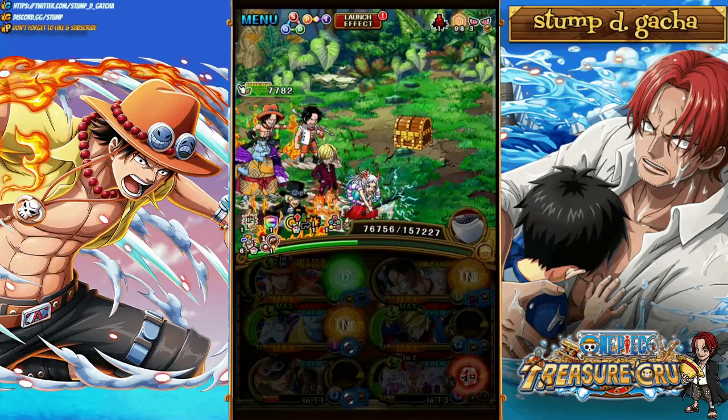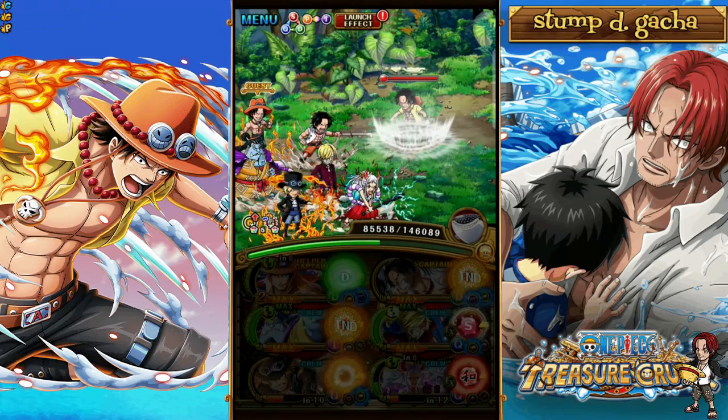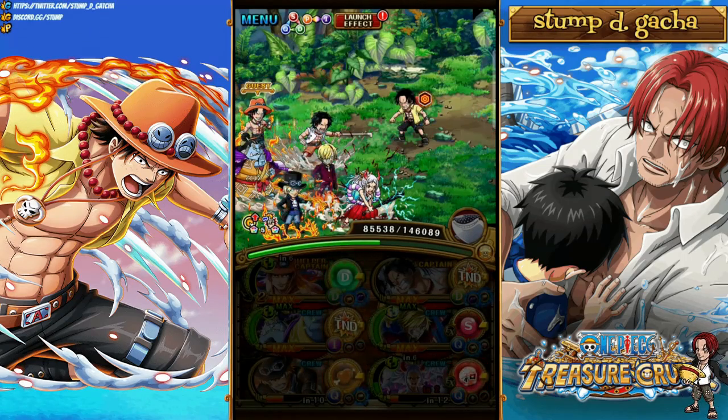Plus, look, Yamato and Ace are pretty old characters, so finding them as a friend captain is not hard, and I feel like a lot of people have them to just set their own. As you guys will see there, we easily took out that turn, and we can move into the final stage